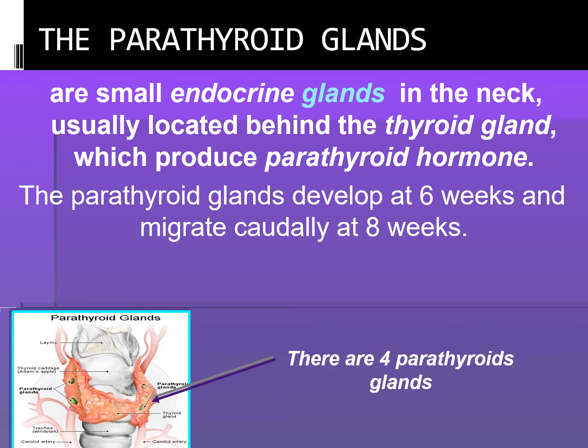The parathyroid gland originates from the third and fourth pharyngeal pouches in embryonic life. The parathyroid glands originate during embryonic life from the interaction of the endoderm of the third and fourth pharyngeal pouches and the neural crest mesenchyme. Superior parathyroid glands originate from the fourth pouch and inferior from the third pharyngeal pouch. The parathyroid glands develop at 6 weeks of gestation and they migrate dorsally at 8 weeks of gestation.